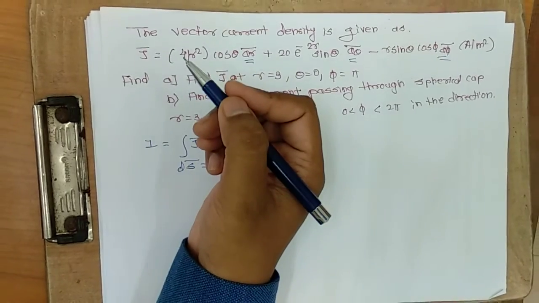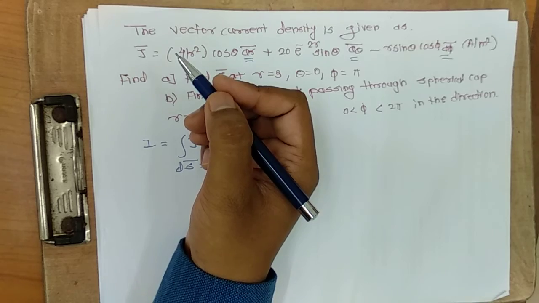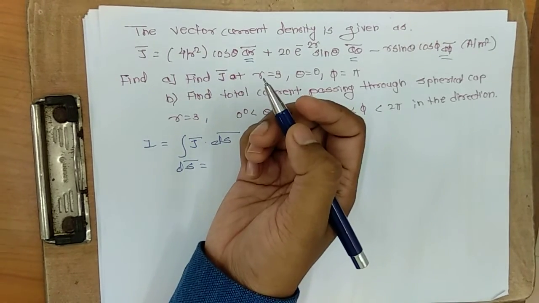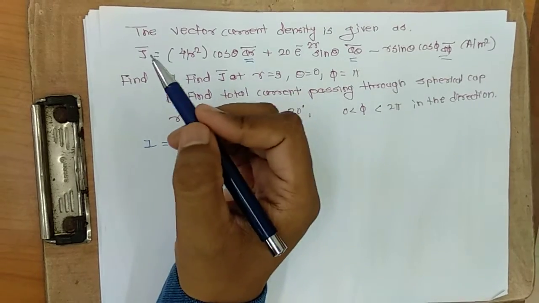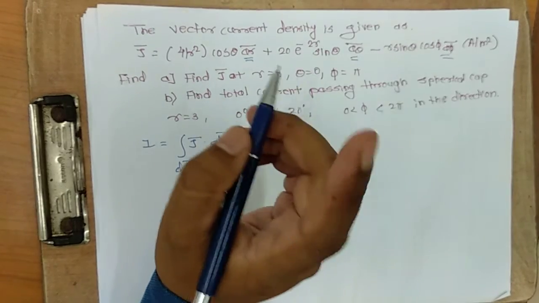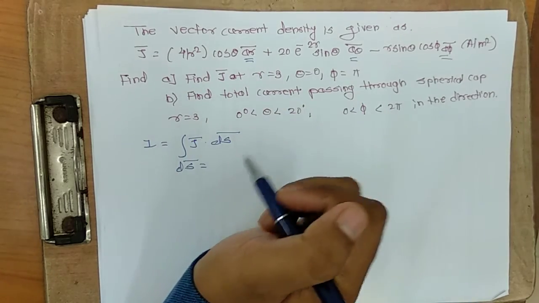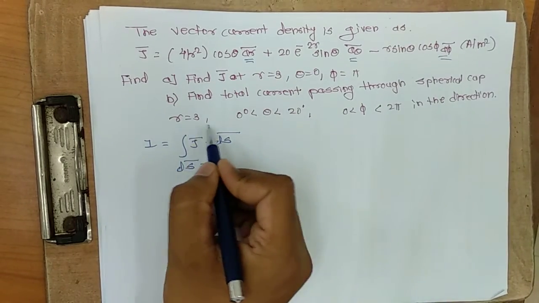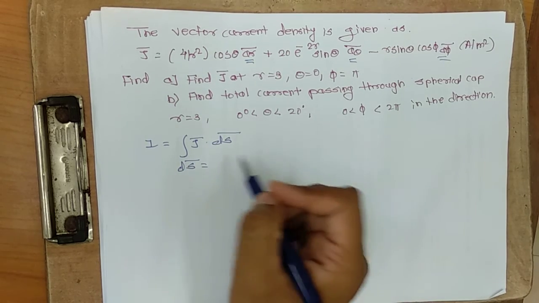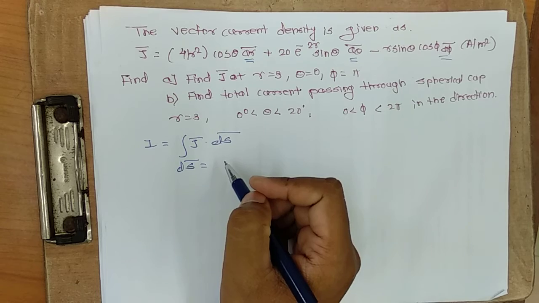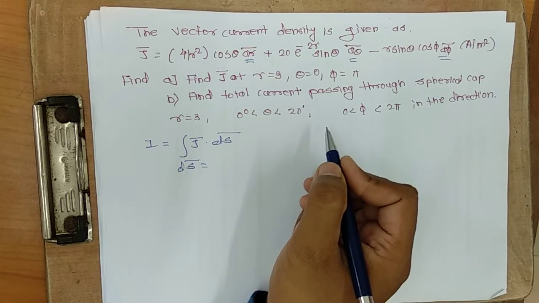Okay, so r, theta, phi you have to consider. But in r, theta, phi not everything is a variable; one of them is a constant. So which is constant in that? You can see r is equal to 3, so it is a constant. Theta and phi are varying. So what is dS bar? dS bar is a multiplication of the remaining two sides, that is d theta and d phi.